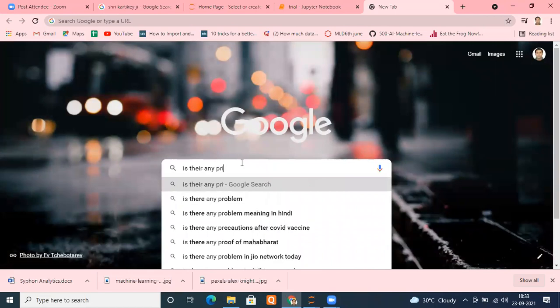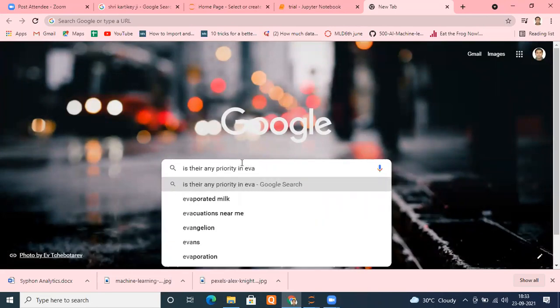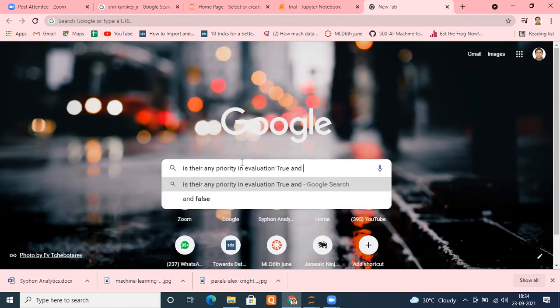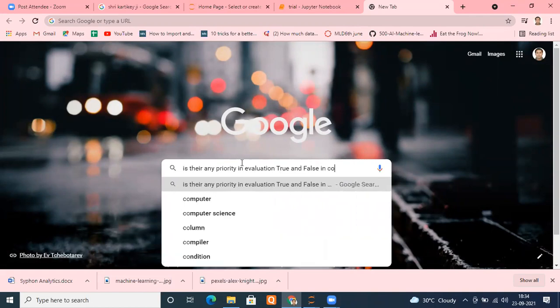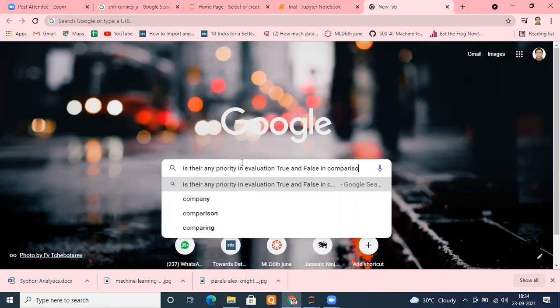Any priority in evaluating? What should I say? True and false in a comparison operation. Something like that only we can write.